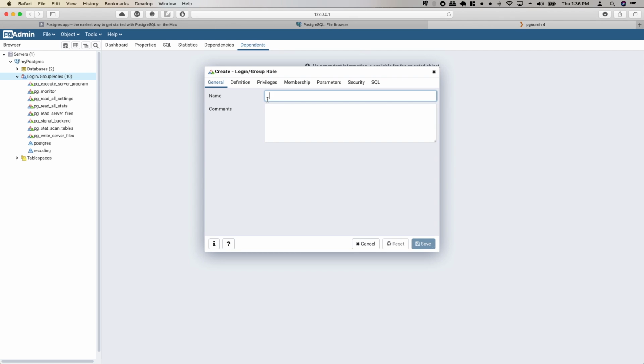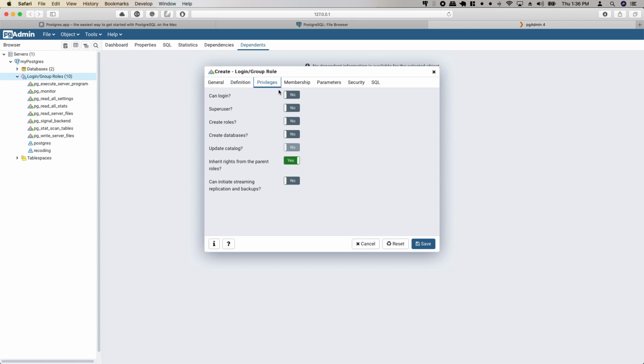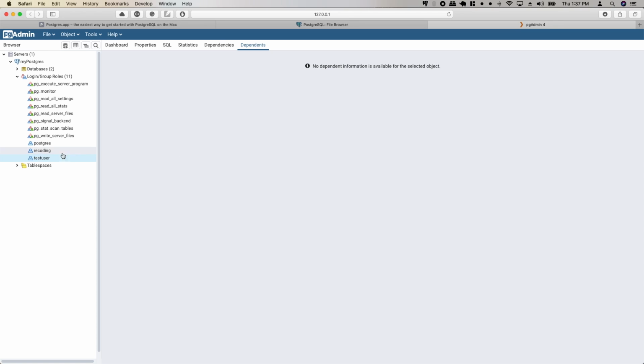Then a dialog box will open. We can type our login name. We are passing test user here. Then inside the definition tab, type your desired password. Then in the privilege section, turn on all the options. And this is how we can create a user.